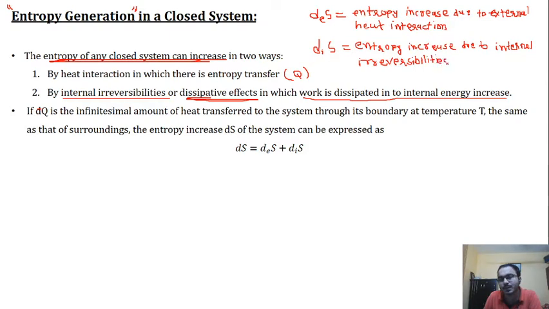Okay, so this is the nomenclature and it is indicating these 2 points only,